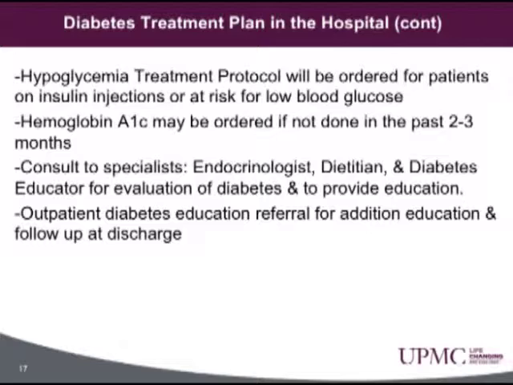Some more on the treatment plan in the hospital. There is a hypoglycemia protocol ordered for patients on insulin injections in the hospital, or anyone that's at risk for low blood sugar. And this gives treatment guidelines to the nursing staff to treat any blood sugar 70 or lower. The hemoglobin A1c may be ordered if it has not been done in the past 2 to 3